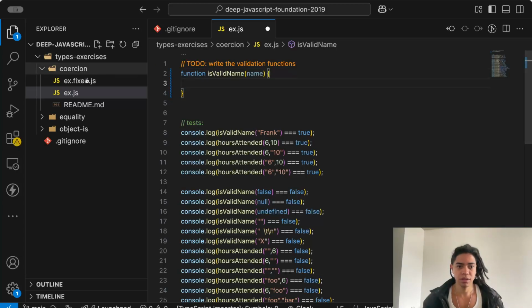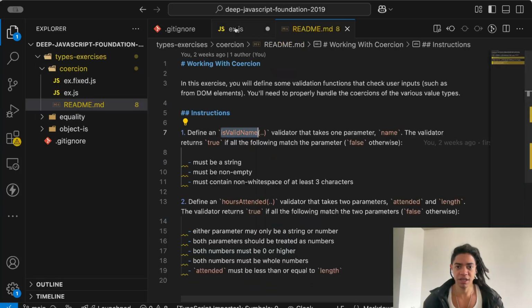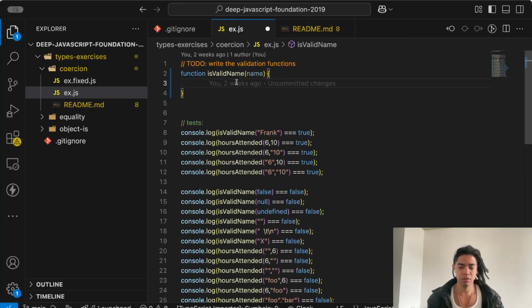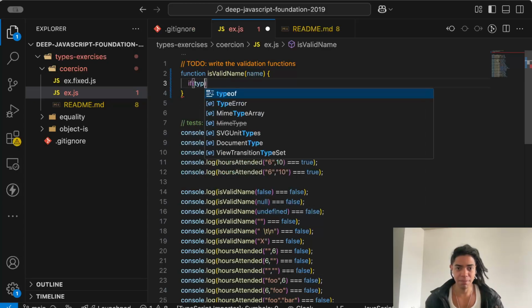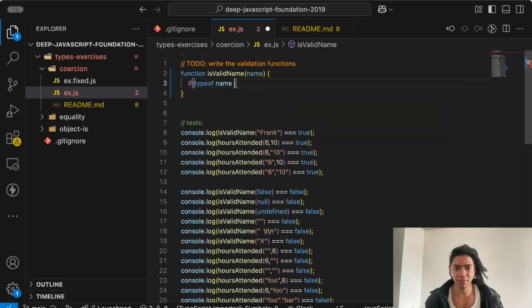So we need to check if that is a string. We say, if the type of name gives us a string, we can use the double equal here because we are sure that this is going to return a string and no corner cases. If this is a string,